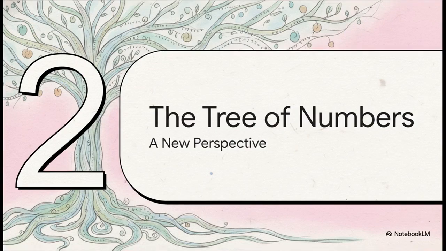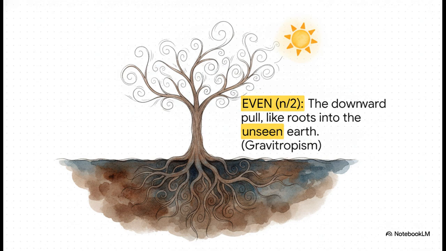So instead of seeing these sequences as just lines of numbers, all heading towards 1, our source suggests we look at them in a totally different way, as a living, growing structure, something like a tree. This framework proposes this amazing analogy from biology. The even rule, dividing by 2, is like gravitropism, that downward pull that sends a tree's roots deep into the dark, unseen earth. The odd rule, 3n plus 1, is compared to phototropism, that upward surge as the branches reach